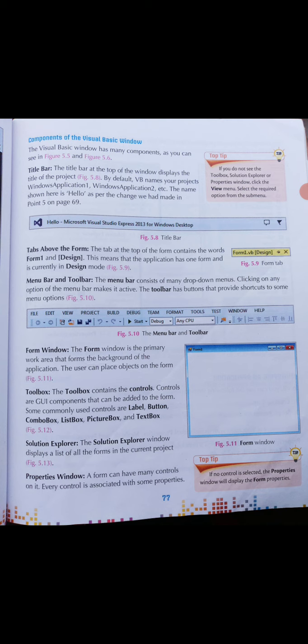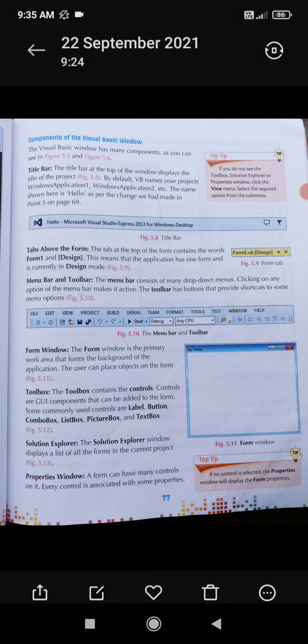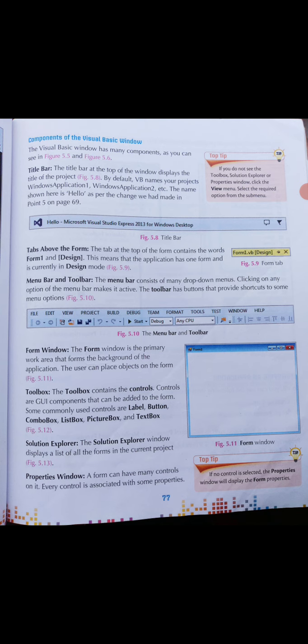Clear this much? And in this form window you can insert different sorts of objects also. Objects means what? Here you can insert different sorts of pictures, depending on your choice.